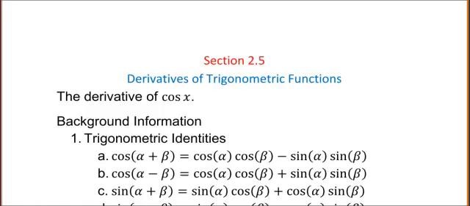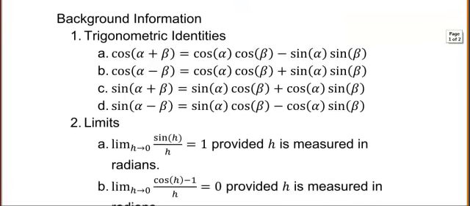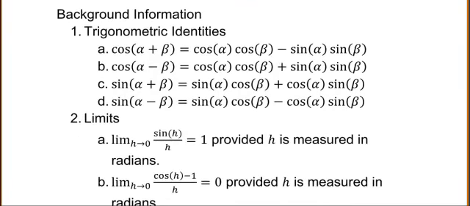In this video, we developed the derivative formula for cosine of x. We'll need the same background information that we needed for sine of x. We'll need the trig angle addition and angle subtraction formulas from trigonometry, and we'll need these limits that we needed again. Basically, the trig identity that we'll need is the one for cosine of angle addition, and we'll need the